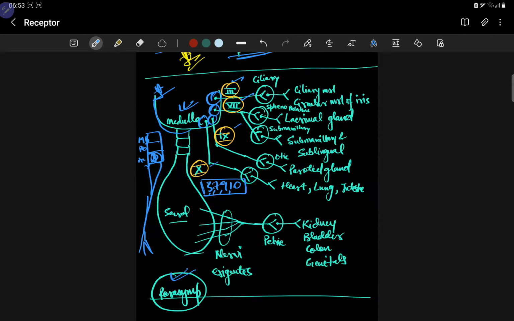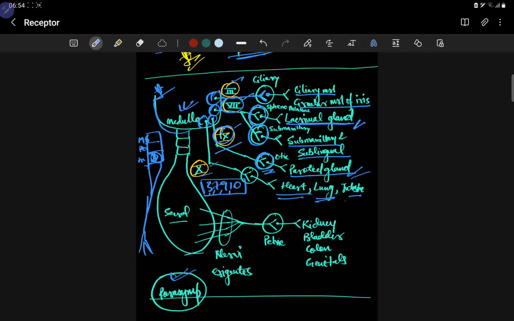They are the parasympathetic cranial nerves. Now what will happen, it will act on the ciliary ganglion, which will act on the ciliary muscle and circular muscle of the iris, okay. Now this is the 7th nerve, which will act on the sphenopalatine ganglion and submaxillary ganglion, and sphenopalatine will act on the lacrimal gland, submaxillary will act on the submaxillary and sublingual gland, and the 9th, the glossopharyngeal will act on the otic ganglion, which will act on the parotid gland, and the 10th will act on a